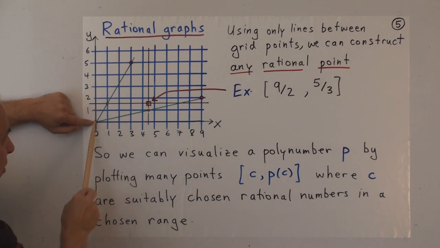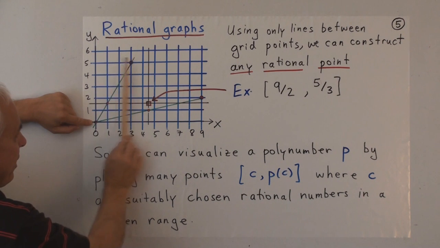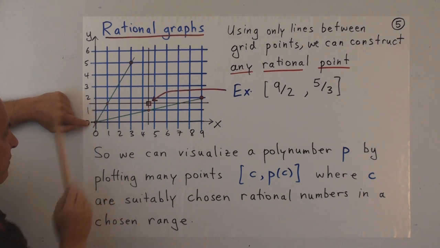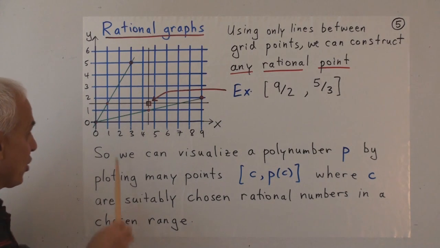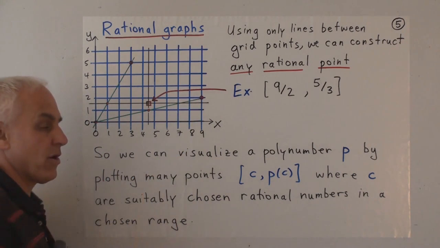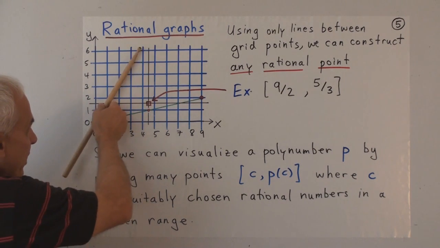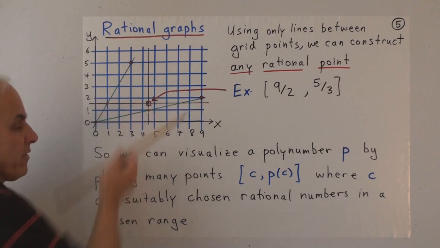So what is the y coordinate? Well, this is 1/3 of the way from here to here. That's 1/3 of the way, and so this will be 1/3 of the way to here. So that point there will be 5/3. All we've needed to do that is to connect points that are already in the grid plane, to create that line, and to create that line, and see where those two lines cross lines that are part of the grid plane.